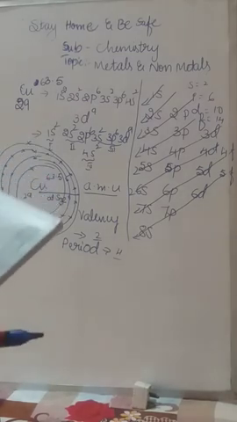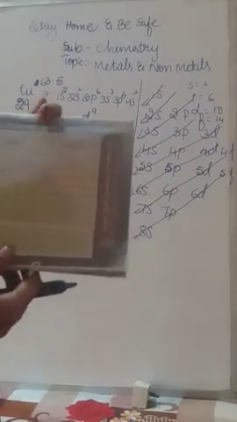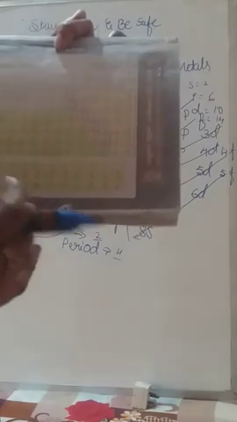I think you can check once in your textbook. So this is the periodic table. I didn't have the big one, but it is there in your textbook. Maybe you can see or not, I don't know. If you are seeing, it's better actually. The horizontal rows are called the periods, and the vertical lines or columns are called the groups. Keep in mind, in the periodic table the horizontal rows are called periods, and the vertical columns are called groups.